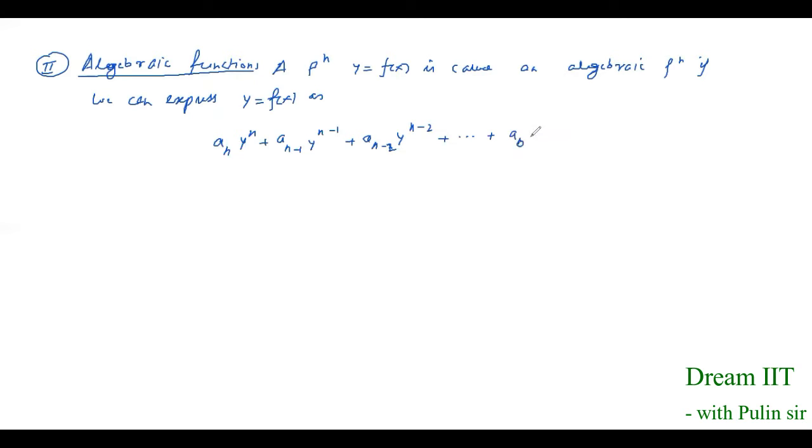What exactly are these quantities? I'll tell you. This is a2 y square, a1 y to the power 1 and a0,